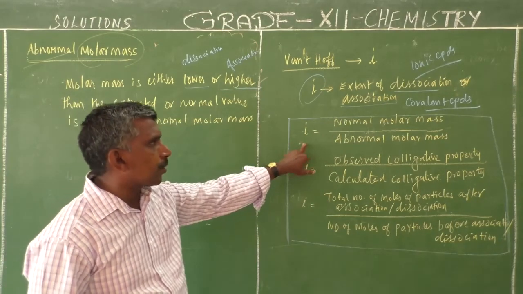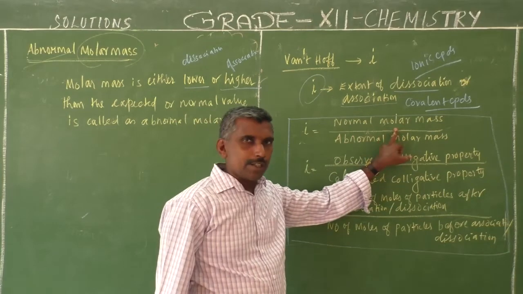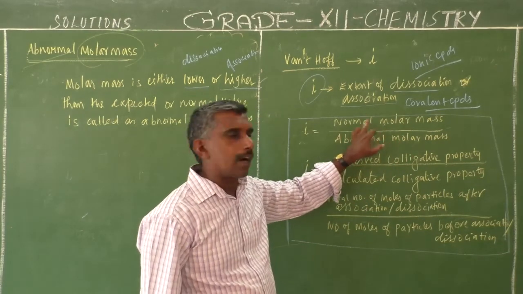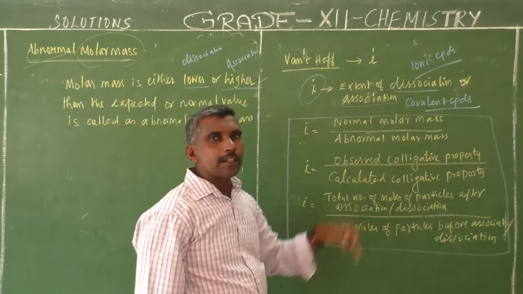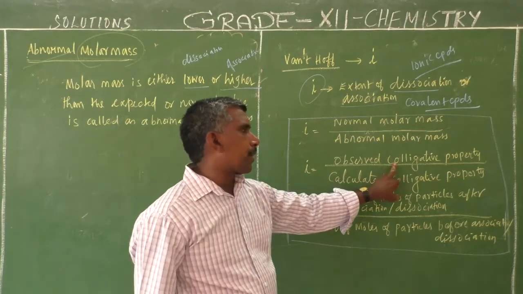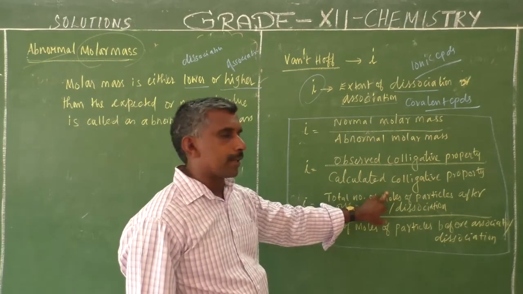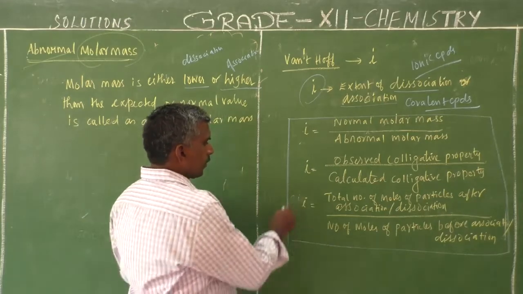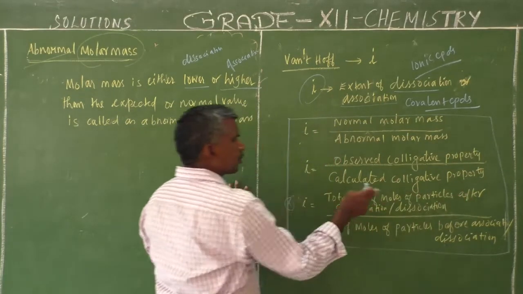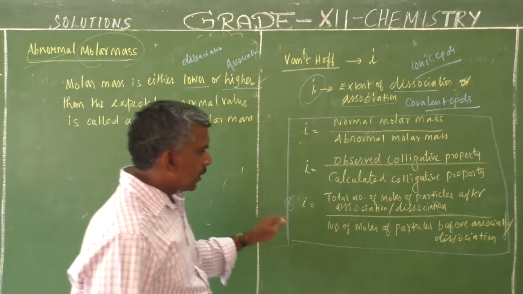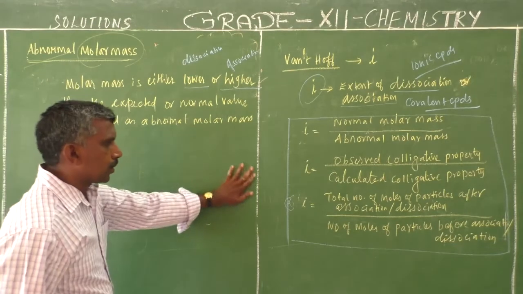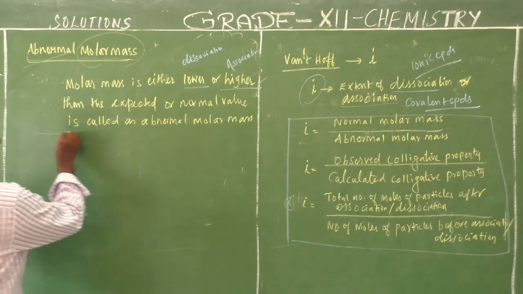First formula: i is equal to normal molar mass divided by abnormal molar mass. Normal is calculated from the formula. Abnormal means calculated from experiment. Then i is the observed colligative property divided by the calculated colligative property. The next formula: total number of moles of particles after association or dissociation divided by number of moles of particles before association or dissociation. Now you see, third,